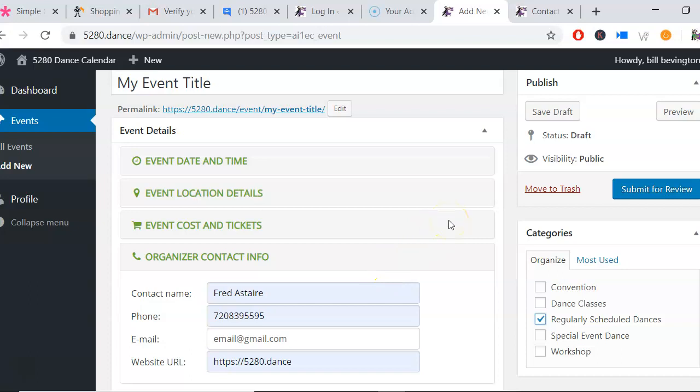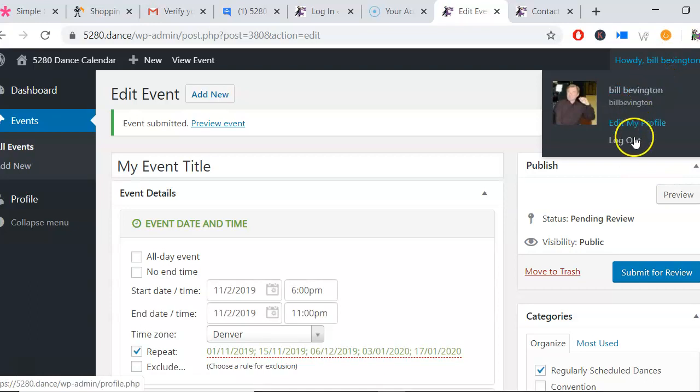And then if it's the first time that you post an event, because we were not really comfortable with just throwing this open to anybody and everybody, the first few times you post an event, we're going to ask that you submit it for review. Now, after we're comfortable with who you are and you know that you are a legitimate person in the dance community, this will change and you will be allowed to post immediately or publish. It'll actually say publish here. But for the moment, because this is your first event, it's going to say submit for review. Just give that a click